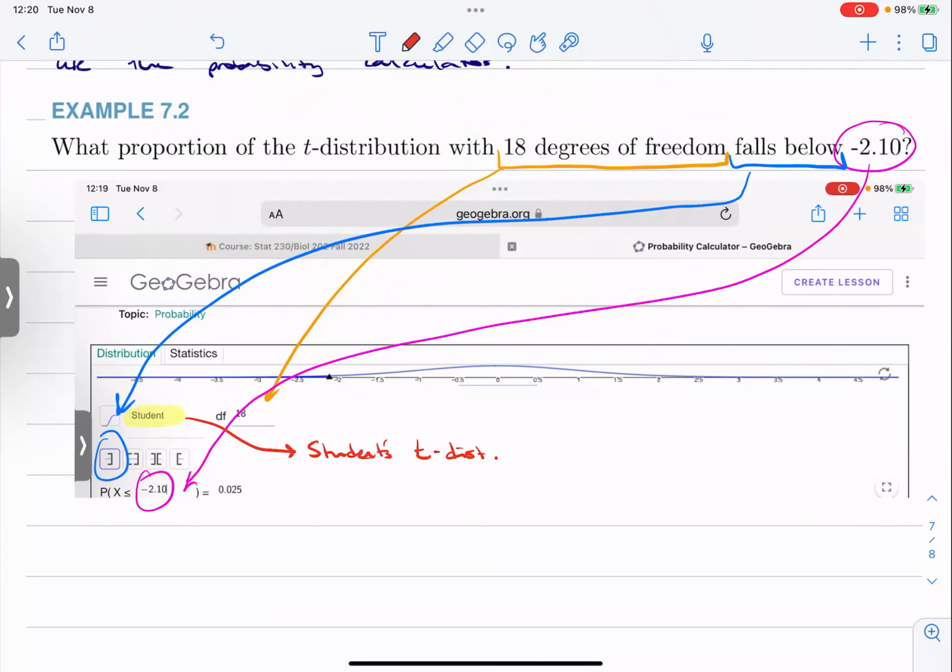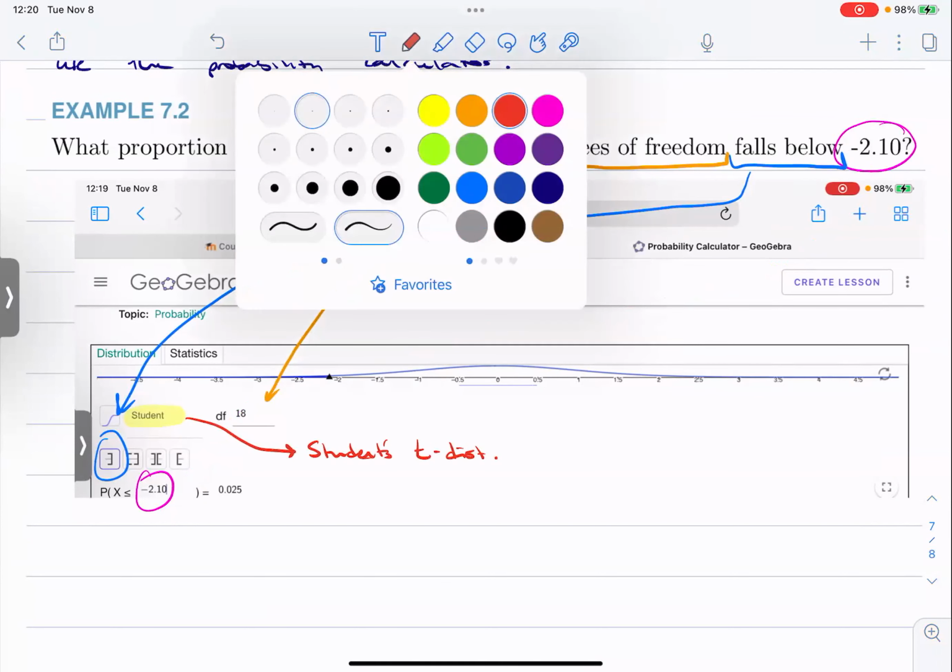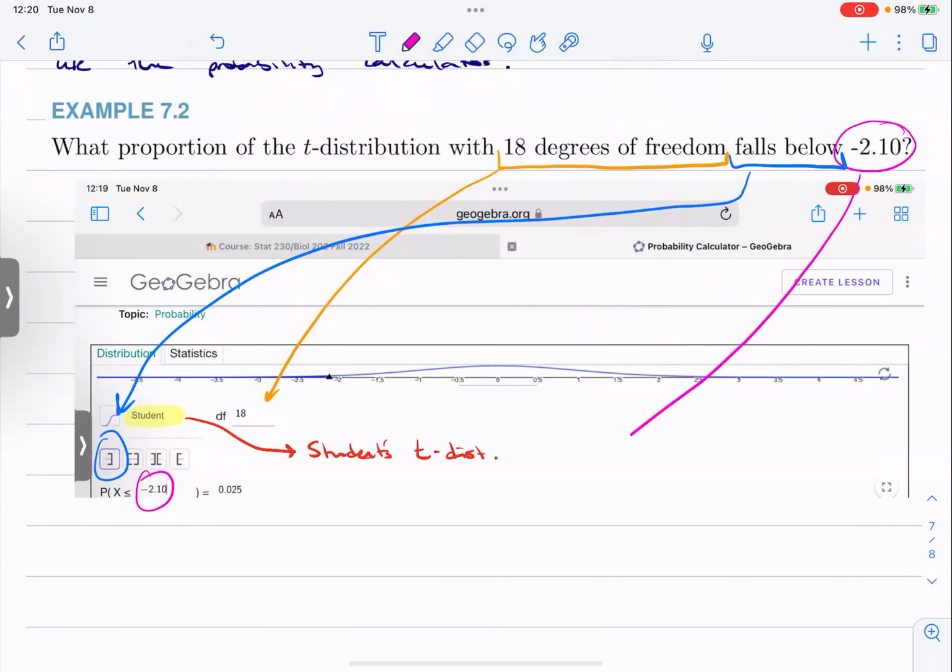I managed to really bungle it, or make a mess rather, there. So then the area in the tail, or the area below, is